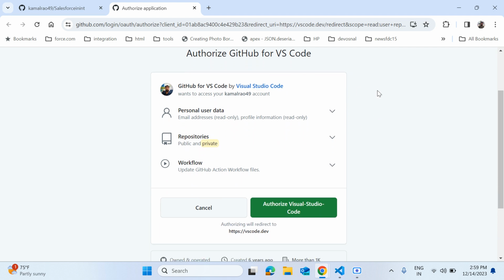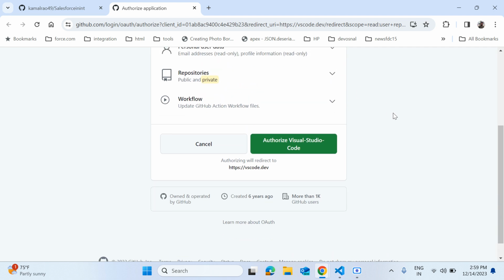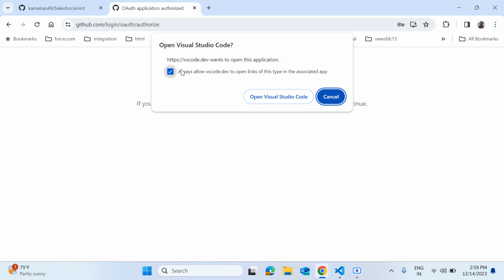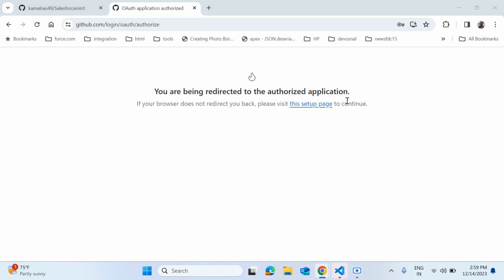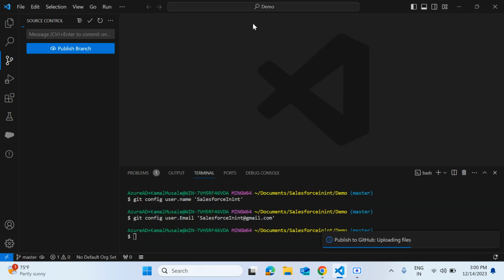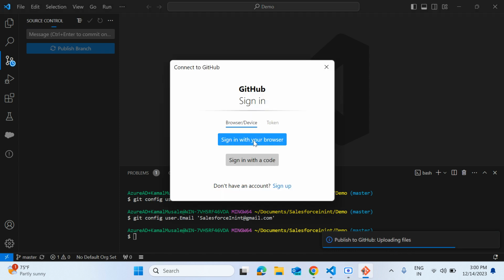So before this screen, you will see a username and password you have to give. So this is my username, already there. I'm just giving a password. Okay, so this is all authorized. I'm going back to the Visual Studio. Okay, so I'm just selecting my repository. So it is going to publish and upload your files. So once it's published,